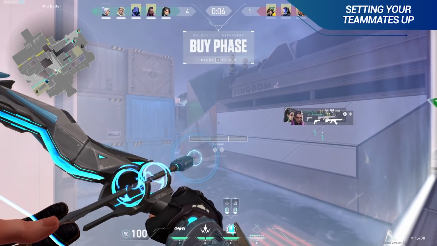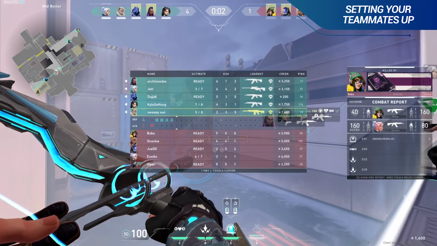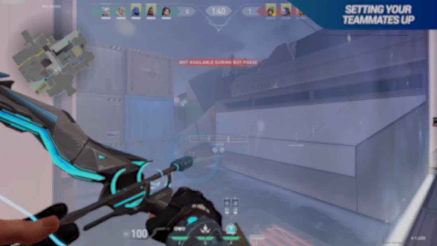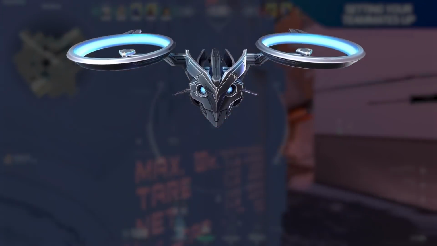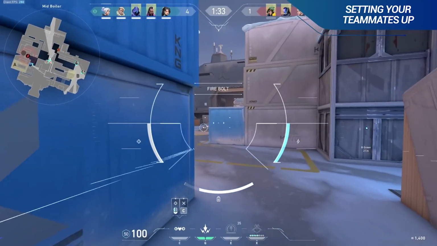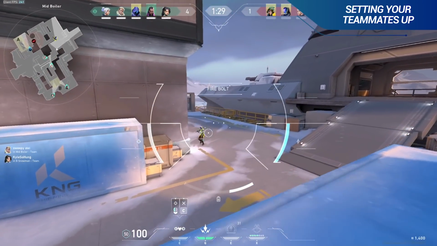Playing as a support player means that you should be trying to put your teammates, especially your duelists, in advantageous situations using your utility. As I mentioned before, Sova's drone is arguably the best space-making ability in the game, and in this round, you can hear me tell my Jett that she can walk up mid alongside it. From there, she can either trade the drone out, or post up on an angle and secure that map control